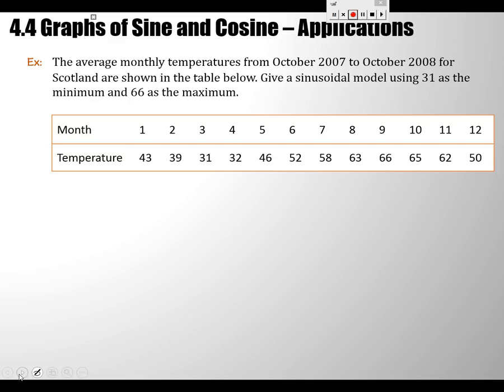Does anyone have a good Scottish accent? Anybody? Kevin? Go ahead and read example number 2 for us. Go ahead. But it has to be in a Scottish accent. Or then a normal American accent would be fine. Go ahead. The average monthly temperature amongst the Scotland is going to be